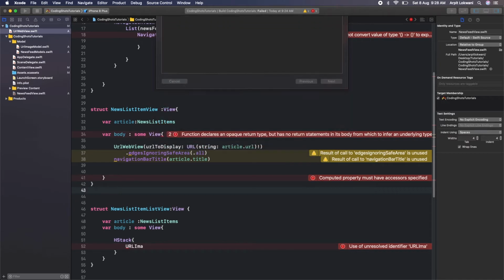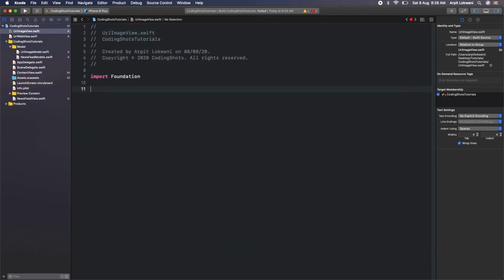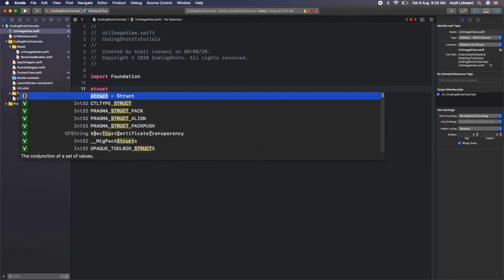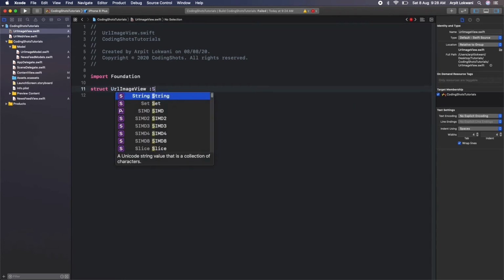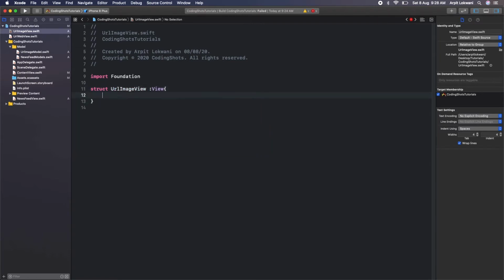Looks fine. Okay, so now simple and fast we'll do this, because this is a simple thing. We can say URL image view type of view, and now we need to add some properties which will help us to download the image and put it on that.